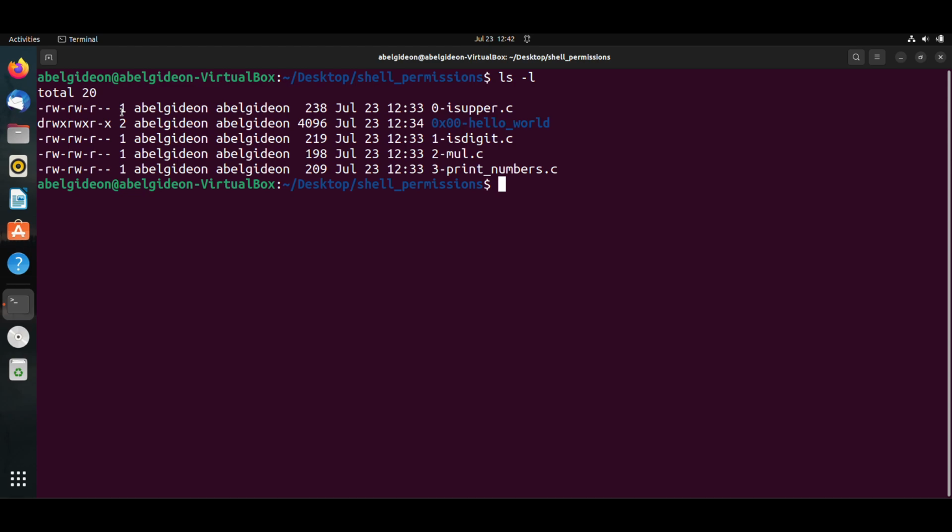For example, let's say we wanted to add execute permissions for the owner of the isupper.c file. We're going to be using a Linux command, which is chmod. It's going to change the permissions of the file we give it. In our case, we want to give the owner execute permission. So the owner we're going to represent with O, and we want to add a permission, so we're going to use a plus sign, and we're going to give it the permission we want to add, which in our case is execute, represented by an X. Next, we're going to give it the file name, which is